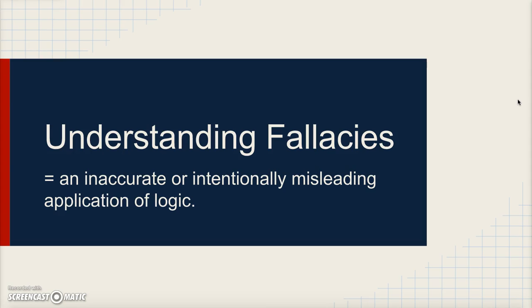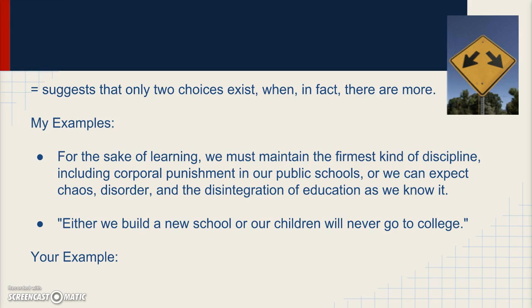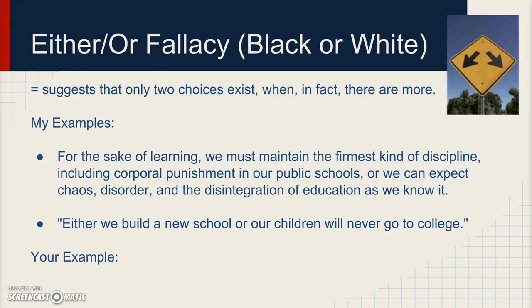So we're going to start with a group of fallacies underneath pathos. So all of these fallacies following this slide are among the most dangerous, manipulative, and common because they distract from the real issue or the topic that you're talking about, and they appeal to people's emotions in order to do that. So the first one that we're going to talk about is the either or fallacy,